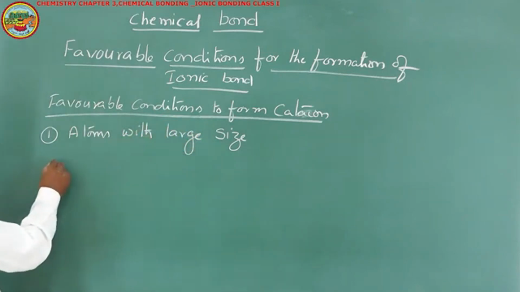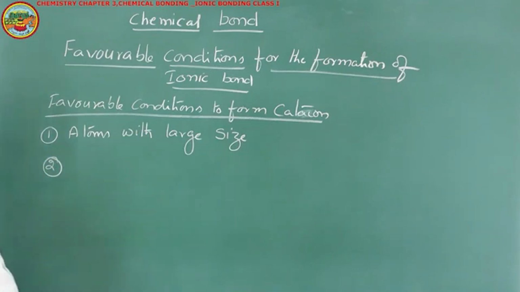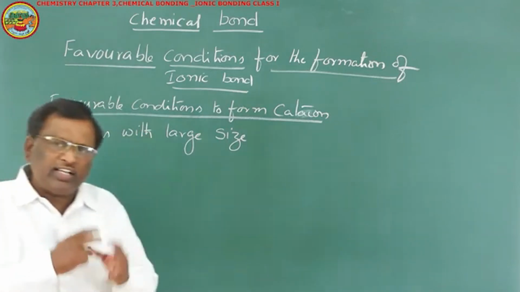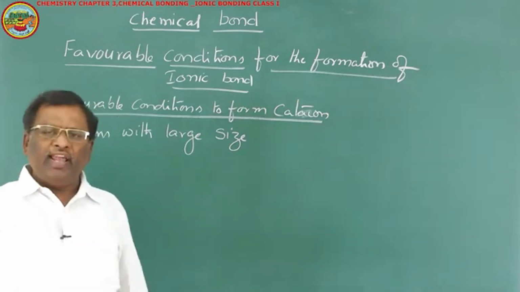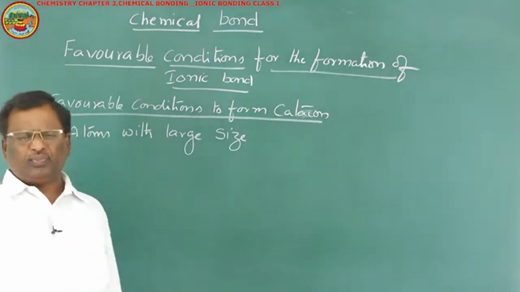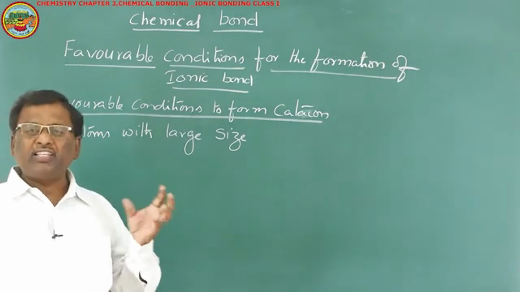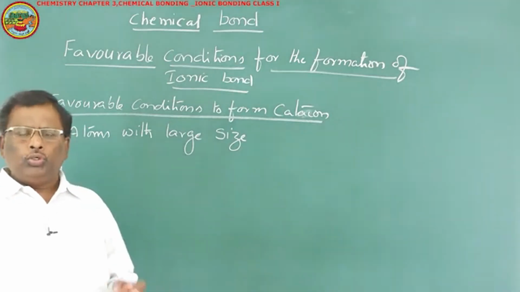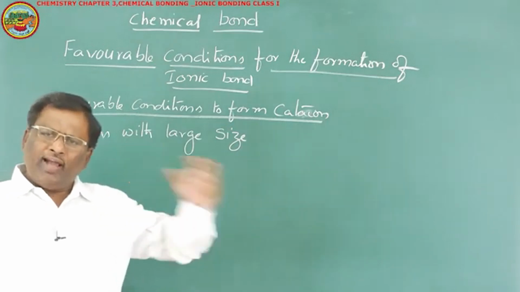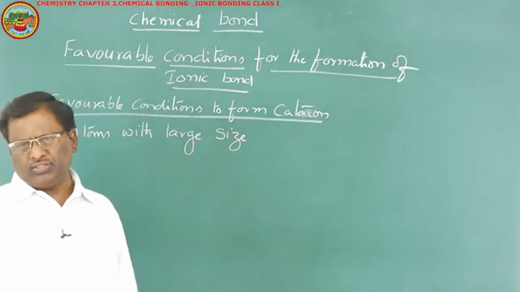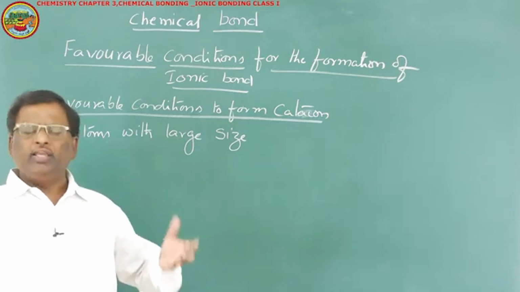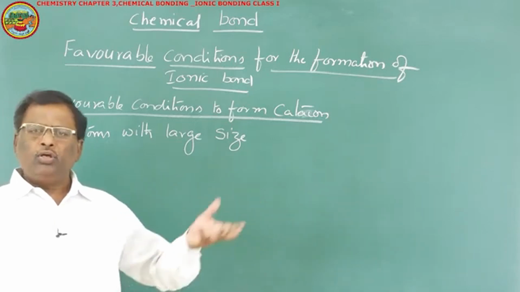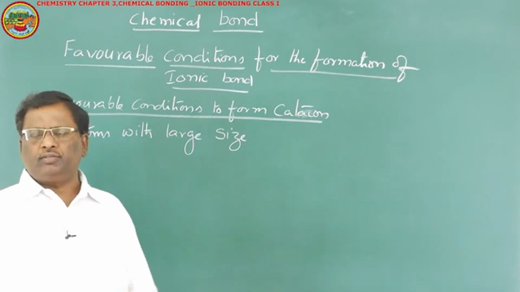Second one, the amount of energy required to remove an electron from an atom is said to be ionization potential. So the atoms with low ionization potential values, obviously large size atoms will have low ionization potential,